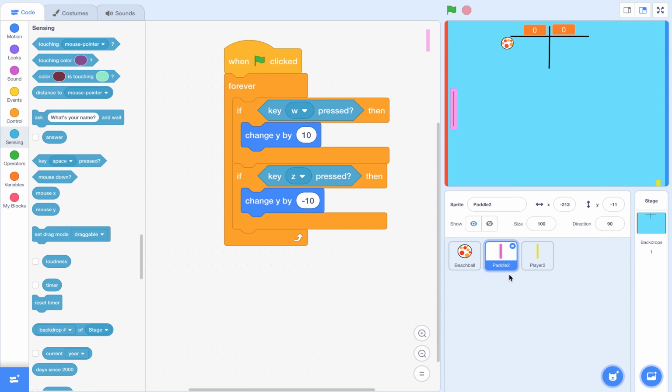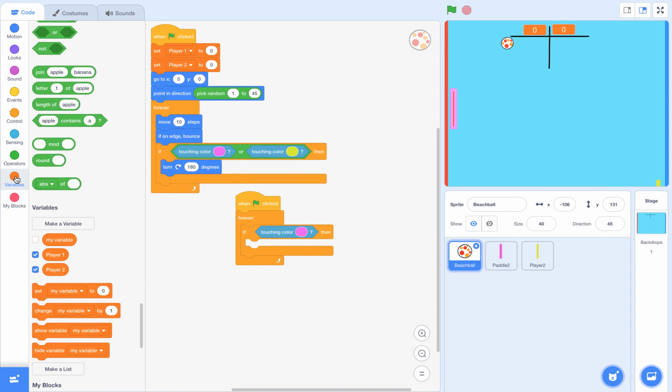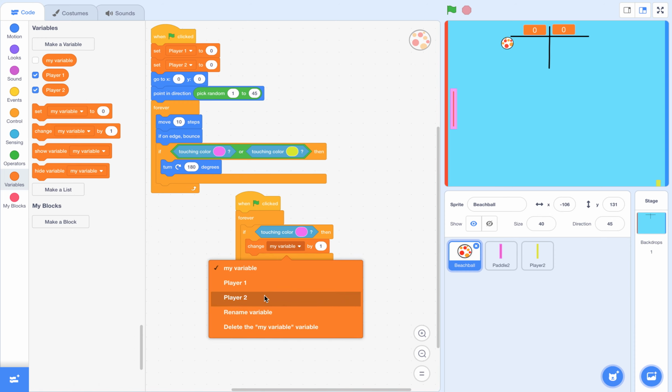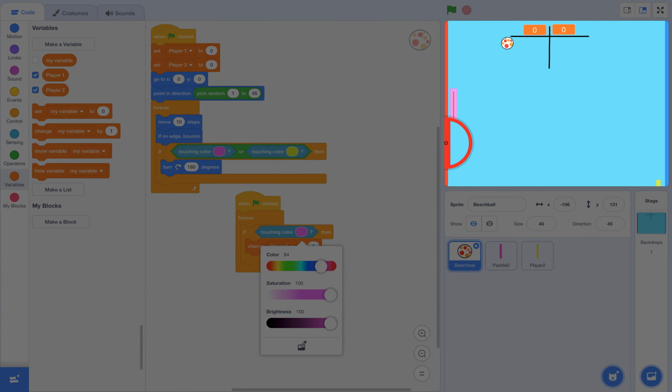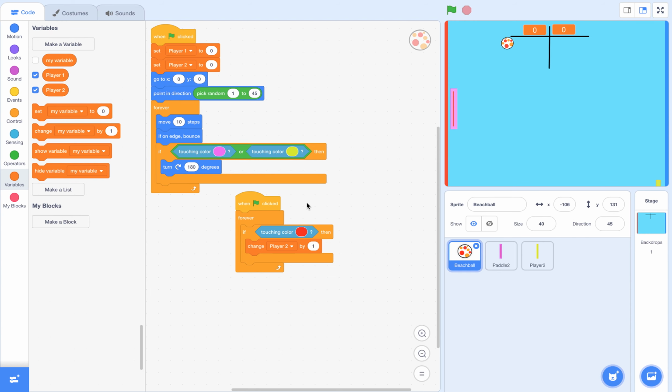then what must happen? If it touches that color, then it must change the score for player 2. Change the score for player 2 by 1, because then it will mean that he has scored. Sorry, I actually wanted to pick this color. Now it will mean that he has scored. And then